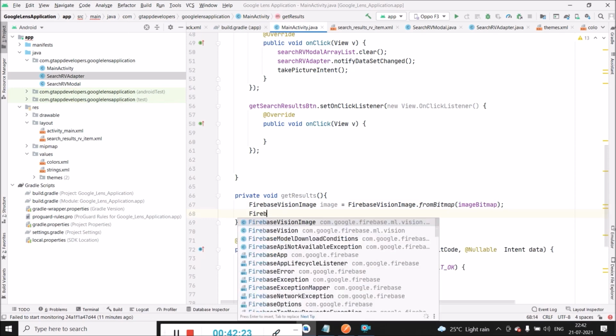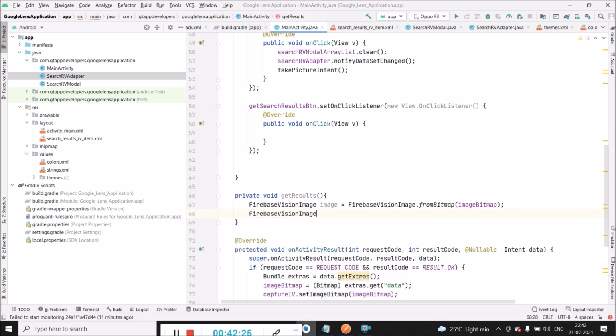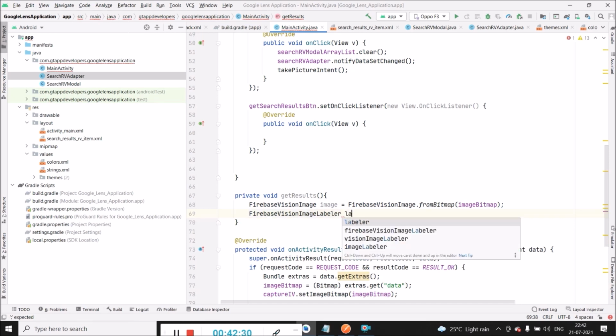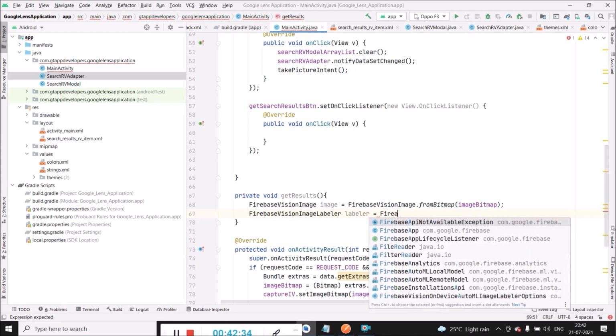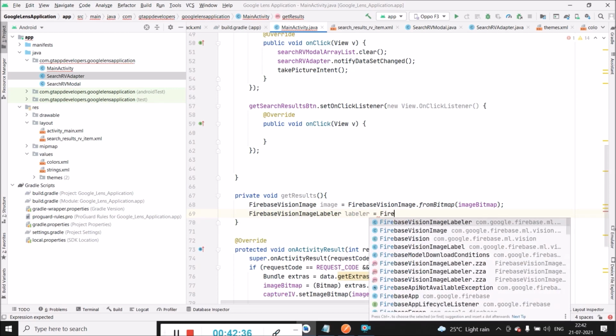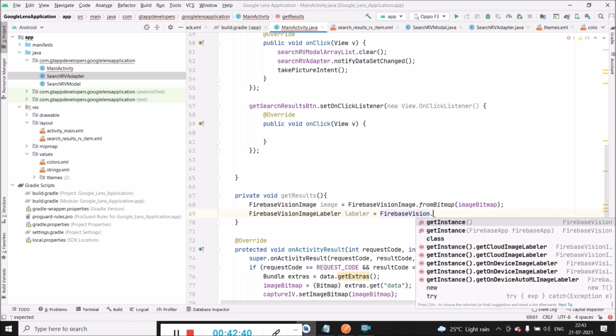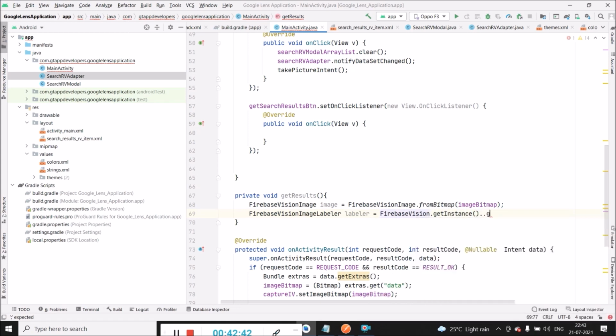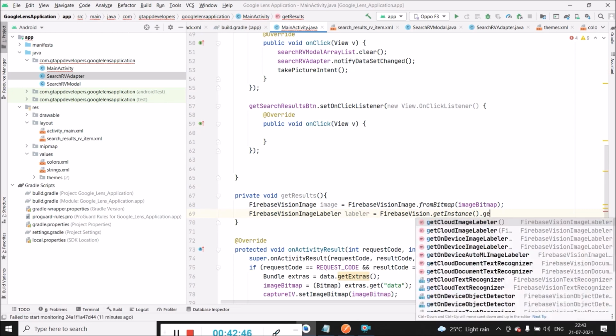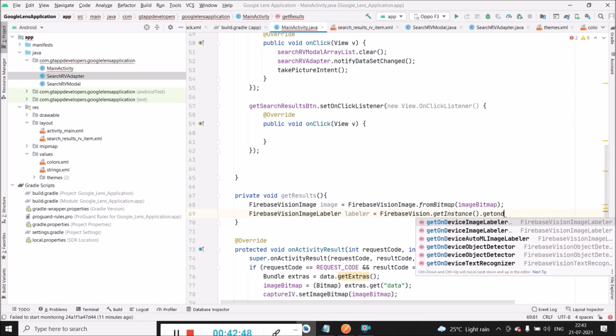Now after that, we have to call Firebase vision image labeler, and we have to create a variable for it as a labeler, and then we have to initialize it as a Firebase vision dot get instance dot get on device image labeler.